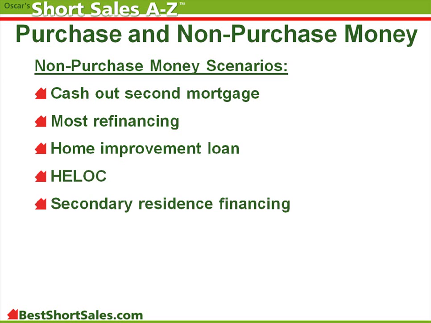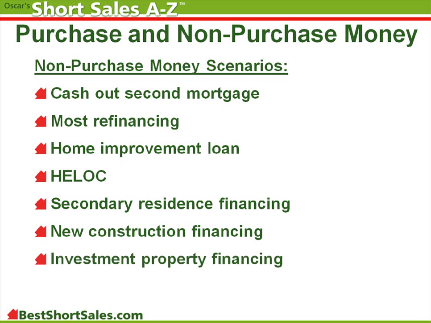Secondary residence financing. What I borrowed to buy my beach house is non-purchase money. Construction loan. In most states, until I actually move in, what I borrowed to build my new home is non-purchase money. Investment property financing. The loans on my apartment building are non-purchase money. Big dollar value primary residence purchase loan. I buy my primary residence with two loans. The second loan is for $1 million. In most states, this will not be considered purchase money.